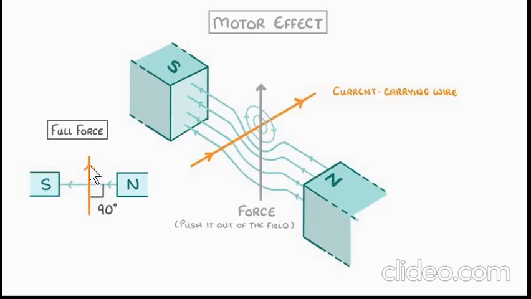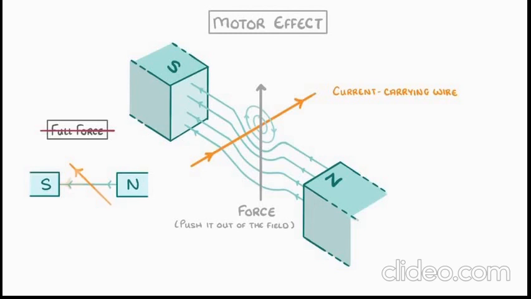When the direction of current and the direction of the magnetic field are at 90 degrees, like here, you can see it is making 90 degrees, the force experienced by this current carrying wire will be maximum, or full force. Now if the direction of the current carrying wire is shifted a little bit like this, so that it is no longer making a 90 degree angle, what will happen? The force will not be full. There will be some force, but it will not be the maximum force, right?